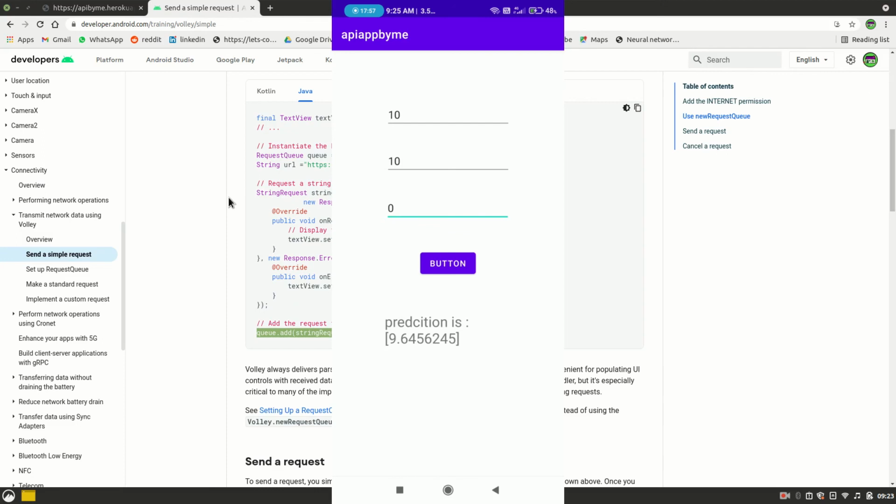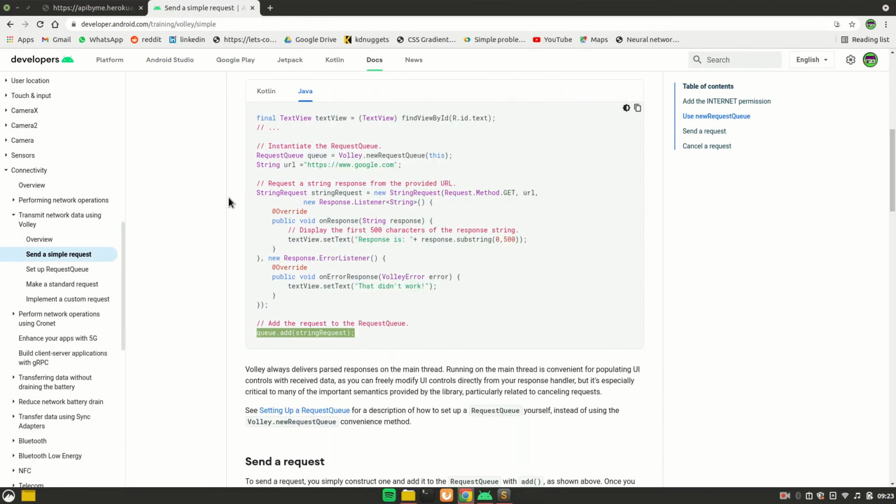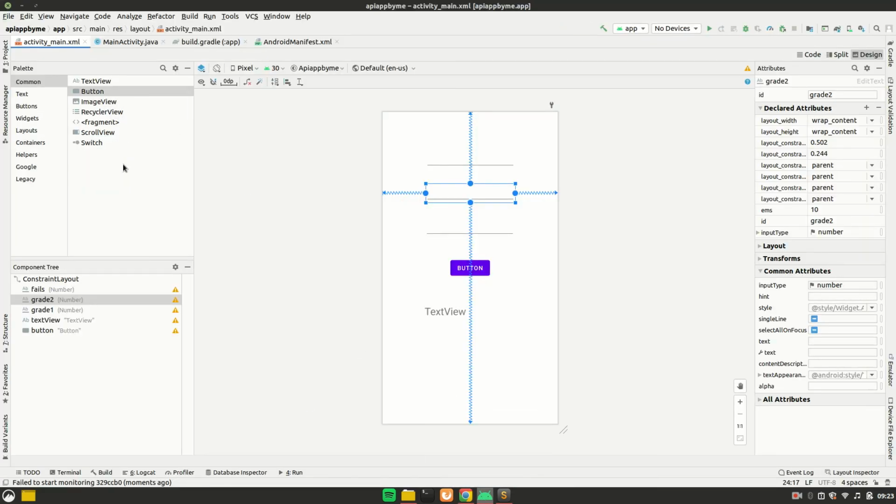So basically that is how you can make the request from the API, and you can use it almost anywhere. You can use it when you can't deploy your machine learning model or deep learning model on Android, or if the model is too big or too heavy, you can store it on the server and make the request using the API. I hope that after this video you would have no doubt in deploying your machine learning app or making API requests from your Android app. So that is basically it for this video.